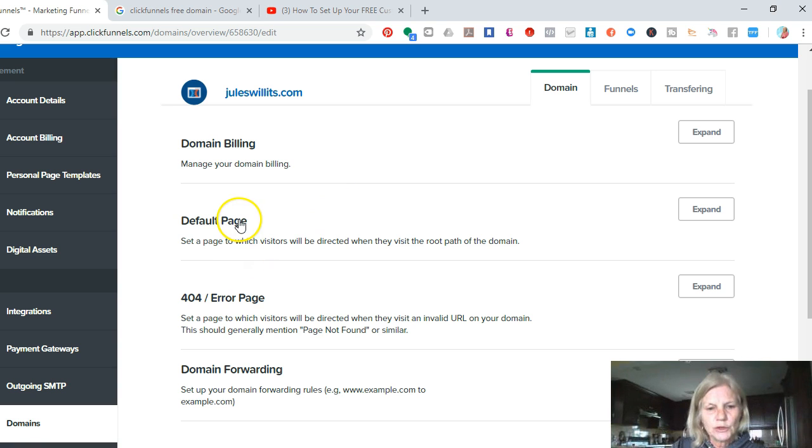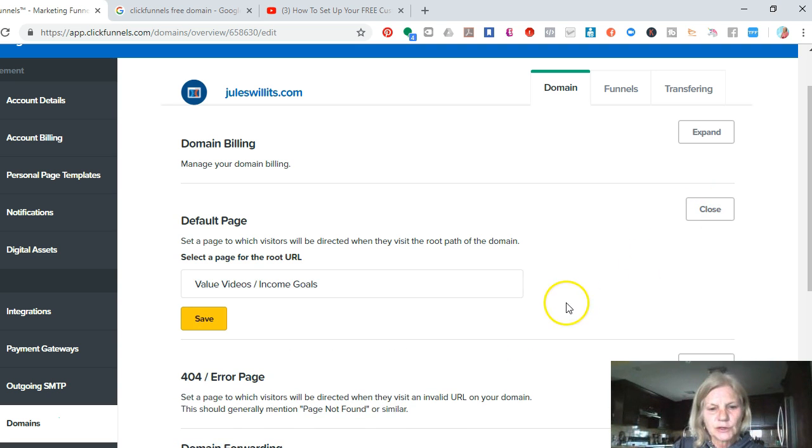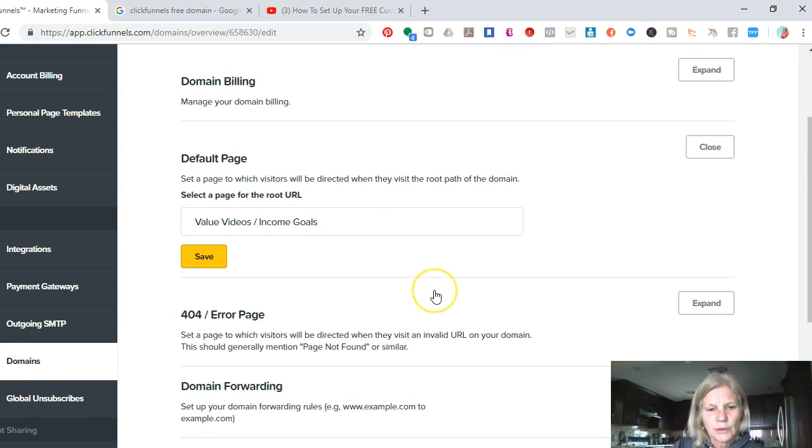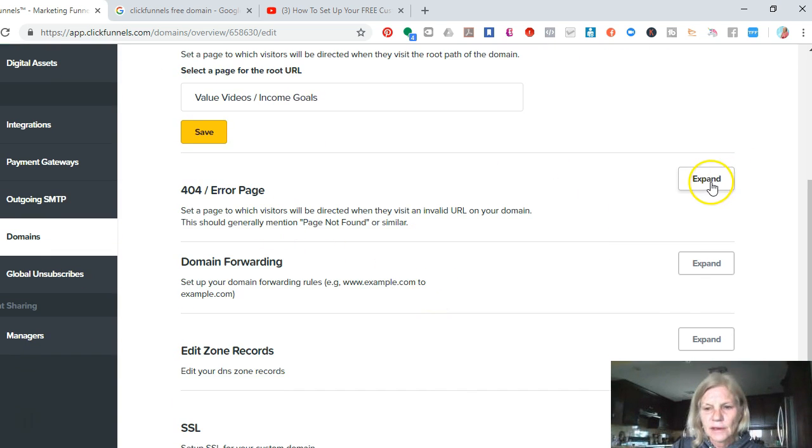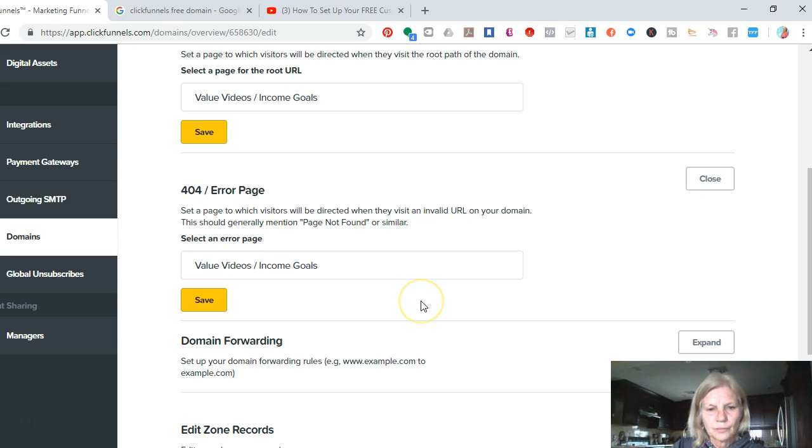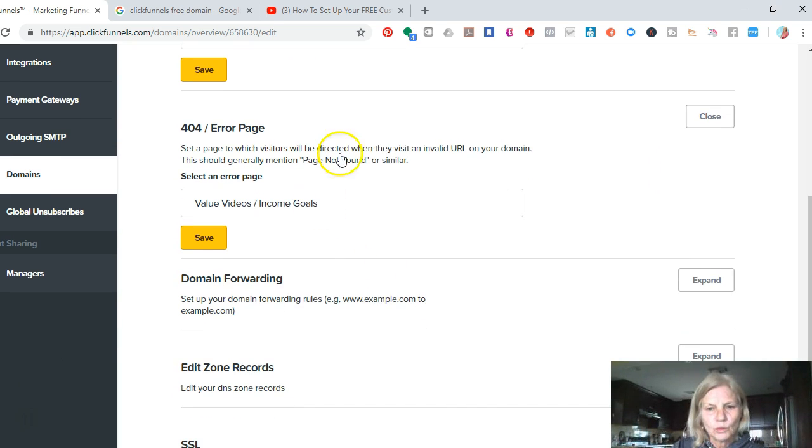When you go to your default page, you're going to pick one of the funnels that it's actually going to go to. And then for an error page, you want the default funnel that it will go to. Okay,